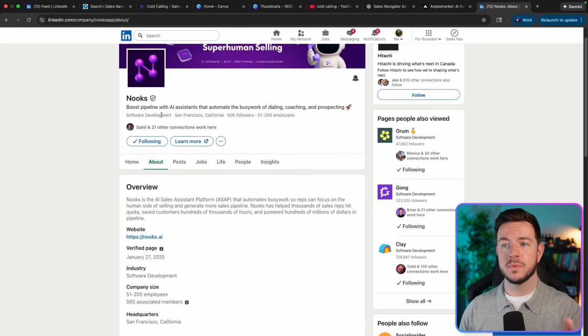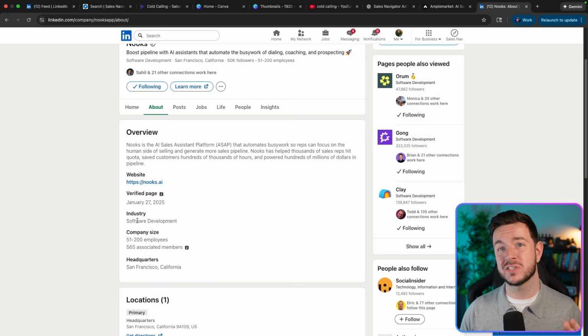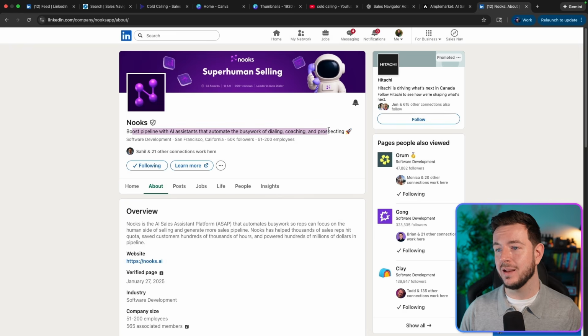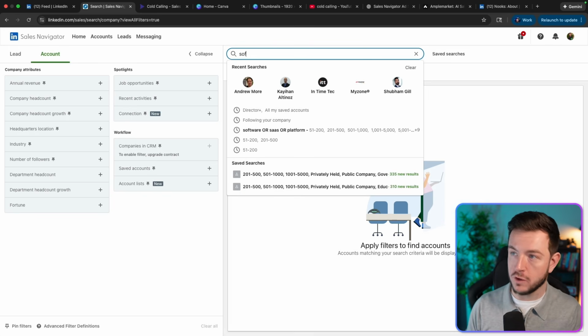For example, Nooks. What we have is an overview and of course their headline as well. Their industry is software development. What we get is their headline and an overview as well. By searching this keyword bar here, we can look for any keywords that are involved in their about section. For example, if I type in here, software, then we get